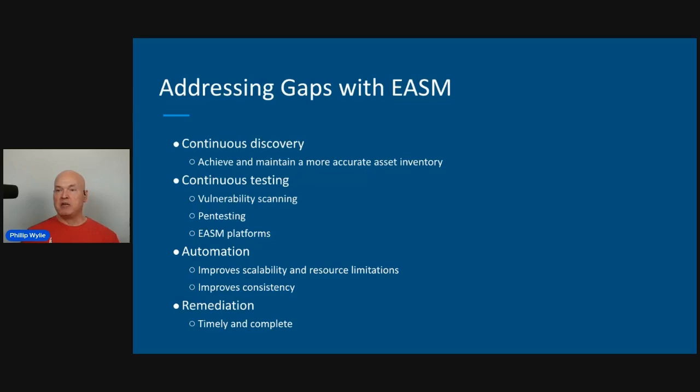And so, remediation: make sure it's timely and complete. Going back to that quote from CISA, about lower level vulnerabilities being chained together to be exploited. One of the examples I like to share: when I was doing a pen test during my consulting years, I ran across this company we were testing. We had a 90-day retest. It was an external pen test.